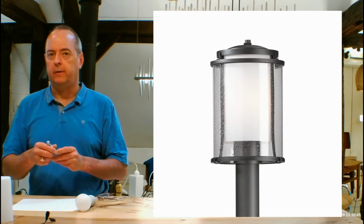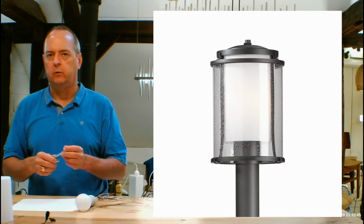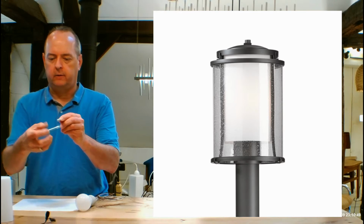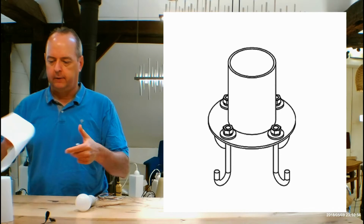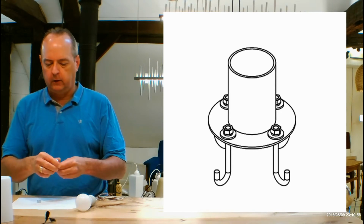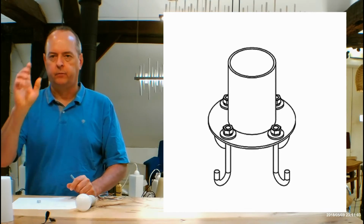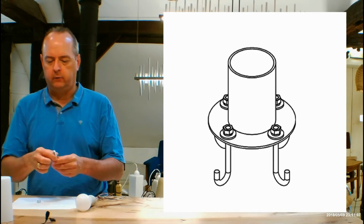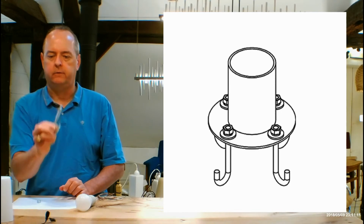If you do order this with our post, our 3-inch pier mount, or if you're going to be ordering it with the 71-inch post, it's going to come with these J-bolts. And the reason for these, you're going to get this template, a paper template that's going to have a circle on it and little hole diagrams on it. And let's say you're going to be ordering this with our 71-inch post, has a flange on the bottom. You're going to dig a little hole, you're going to fill it with concrete, Quikrete. You're going to put the template over it to see where you're going to set these 4 J-bolts,